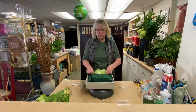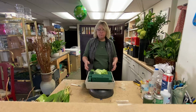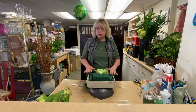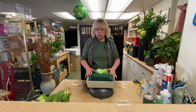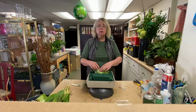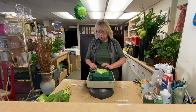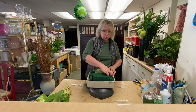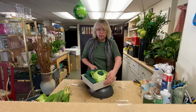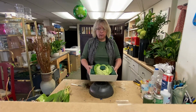So to begin with, what I've done is I've taken a box. There's a liner in there so that the foam won't seep through the wood. And just to make it fun, because we're celebrating St. Patrick's Day and it's green, it has corned beef and cabbage, I just thought while I was grocery shopping, and I always look at the greens and the vegetables and the fruits and see what I can use for my designs, I just thought it'd be kind of fun to use the cabbage as a focal point